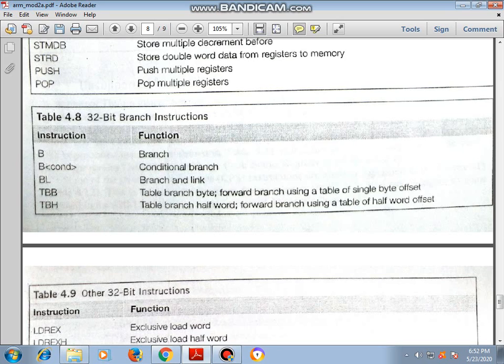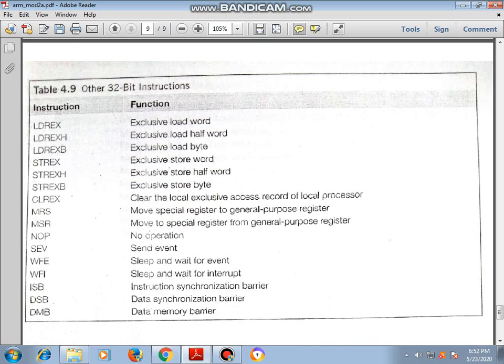Here you have different opcodes: TBB and TBH. TBB means table branch byte, a forward branch using a table of single byte offsets. Next, we have other 32-bit instructions: exclusive load word, exclusive load half word, exclusive load byte, exclusive store word.